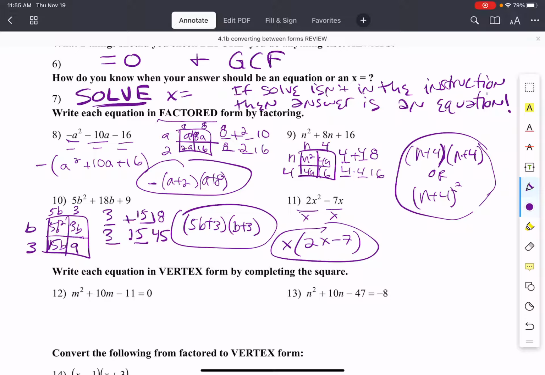Factoring is to get rid of the squared. So if by taking out the GCF it got rid of the squared, then I'm done. It's factored. No box needed. This is another example of one of the factored forms that only has one parenthesis because the GCF was just one term, so I didn't need the second parenthesis, but it's still factored form because it's still two variables being multiplied together. Okay? Are there any questions about factored